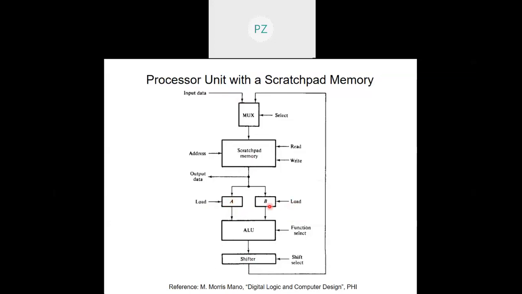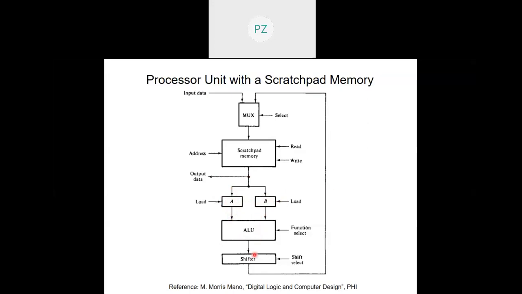The select line here, the select line here. Then the multiplexer gets simplified, right? This one, in fact, is not a multiplexer, this will just be a register. That is why I see the load control here, because the data is coming from just the output bus of the scratch pad memory, right? And this is also going to the external world as the output data. Suppose the load of both these are low, then the data is available at the outer world. It is not changing the contents of register A or B, right? So this gets simplified in that sense.